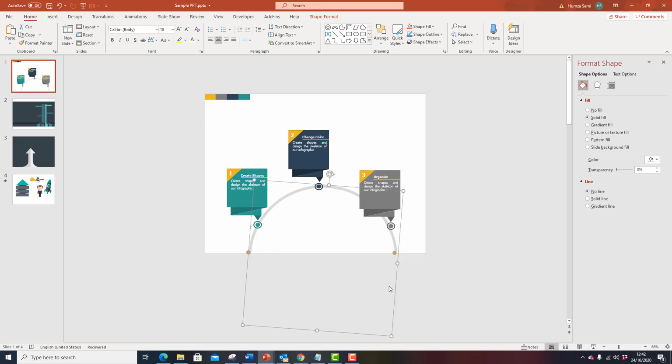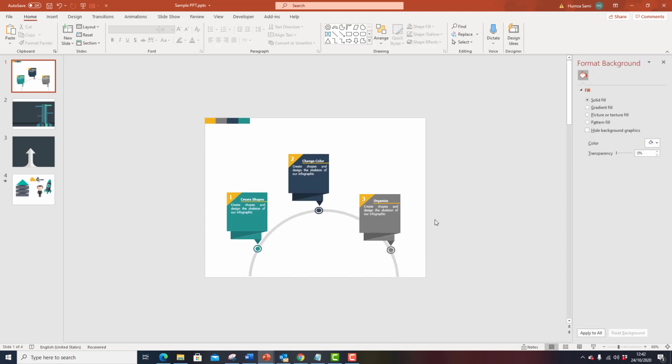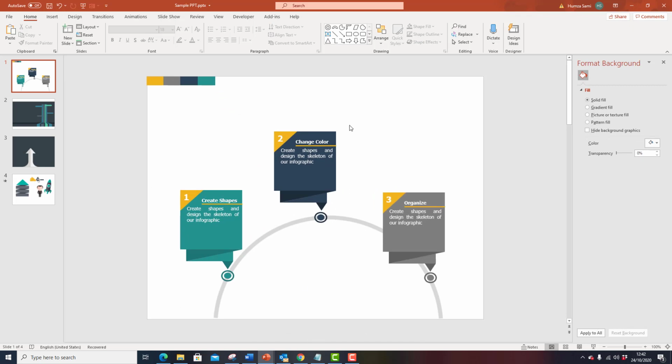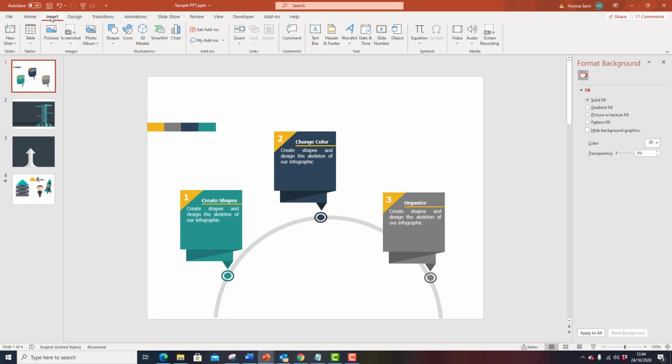Yeah, something like this. Here we go. Now you could see how all the objects are aligned and they're all connected to each other. Now again, the slide looks pretty empty because I don't have any template yet. So if I have to quickly create a template, what I'm going to do is,